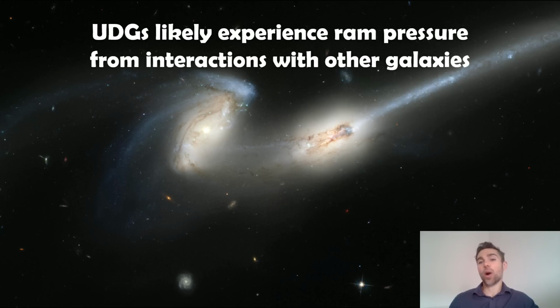But it's quite likely that these ultra-diffuse galaxies are experiencing a ram pressure from interactions with other galaxies. So here you've got two spiral galaxies that are tidally interacting. They are gravitationally distorting one another, and that can induce ram pressures, which can strip gas away. And it could be that these ultra-diffuse galaxies are tidally interacting with something else, which has stripped the gas in a different way. But nonetheless, what we've done is we've taken the gas out of a young galaxy, we've halted that star formation, and it could have puffed up. So we then end up with a very faint, diffuse galaxy known as an ultra-diffuse galaxy.